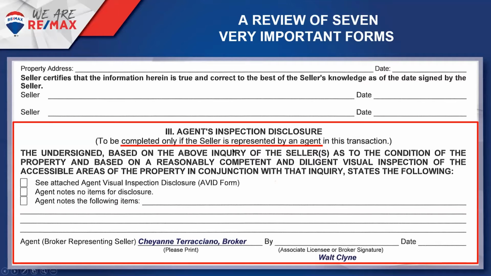And so section 3 is for the listing agent, the agent who represents the seller. If there is no listing agent, then section 3 does not have to be completed. But if there is a listing agent, then the listing agent should attach an AVID. That's what we require at both RE/MAX United and All Pro. Some agents don't. But if they don't attach an AVID, then they should be making notes on this form. By the way, we don't allow that because there's not enough room to do a good job with your visual inspection. Hopefully nobody checks no items for disclosure. That would be